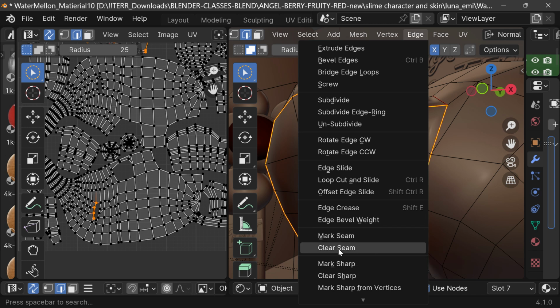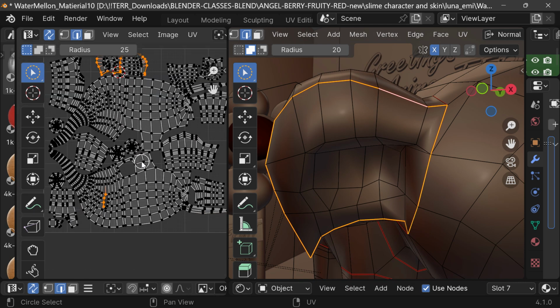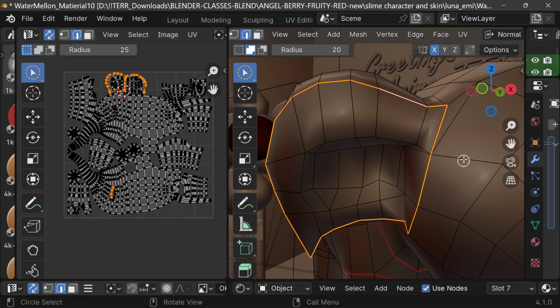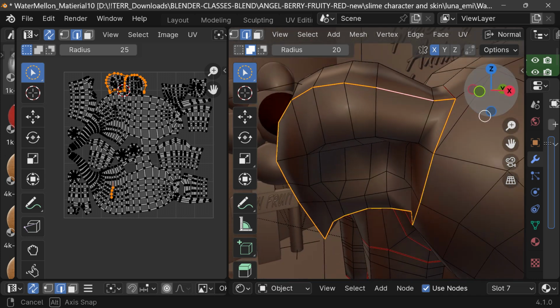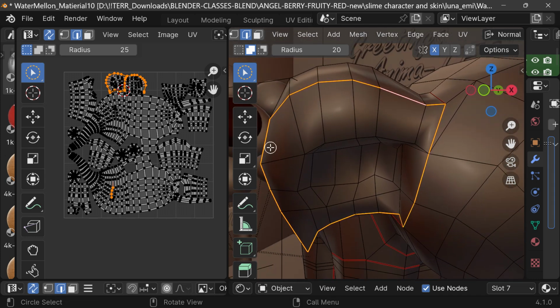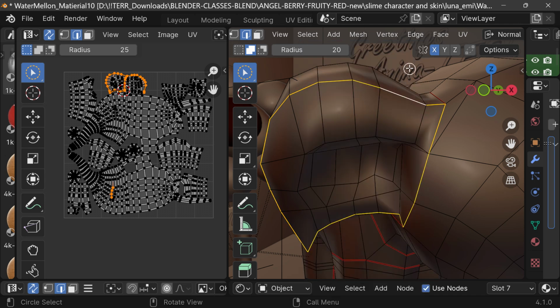Now this is really cool because it helps when we lay out these sections so that we can paint on this and make a nice fancy fabric material by painting. But when I deleted it and I said edge, clear seam,